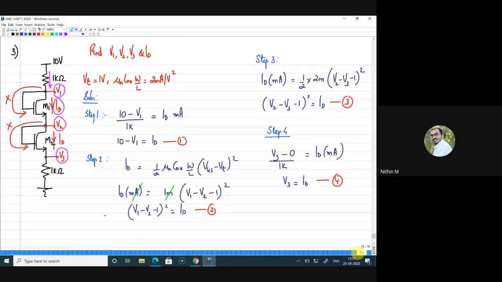Are you getting that? No, I didn't understand that part. No, Karmugilan, what is this V1 minus V2 minus 1? It is my VGS minus VT term. For an N MOSFET device, your VGS minus VT should always be positive, because your VT is positive. So there is no point in actually considering the negative term from that. Okay. Is that clear? Yes, sir. Thank you, sir.